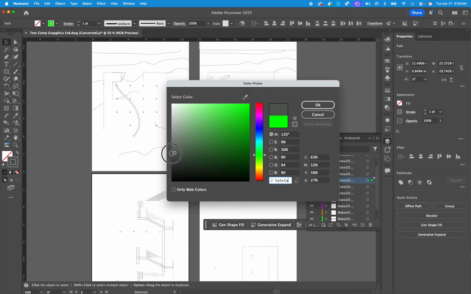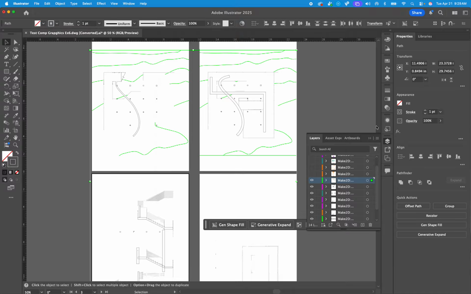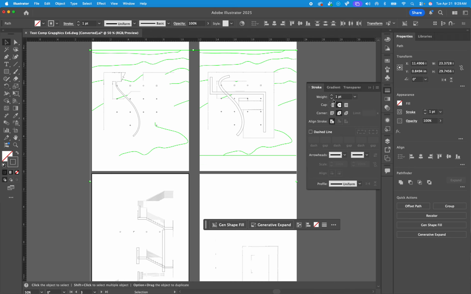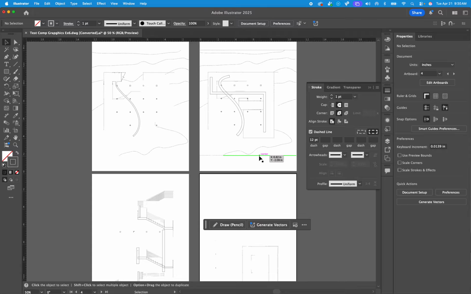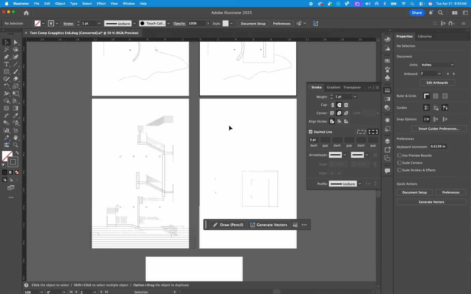Some typography, ooh, nice. We'll get that one dashed just for, you know, fun. Give it some dash weight, and you could still get rid of lines, but it's really hard to add lines, I think, to Illustrator in an accurate way. Don't get me wrong, it's a wonderful illustration program for graphic design. But in our case, when we're doing technical drawings, you don't want to like move one line, dude, let alone, you know, the entire piece. So